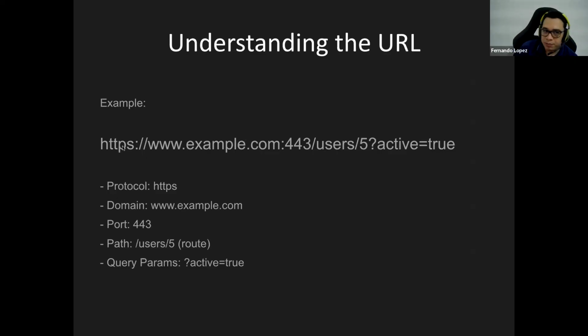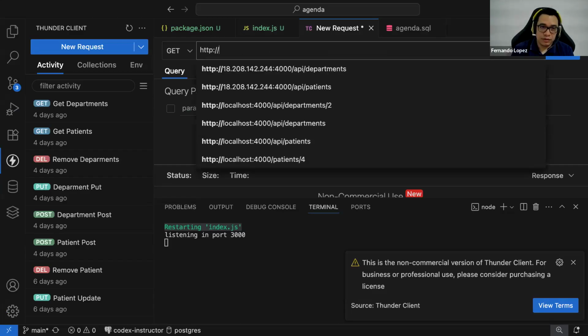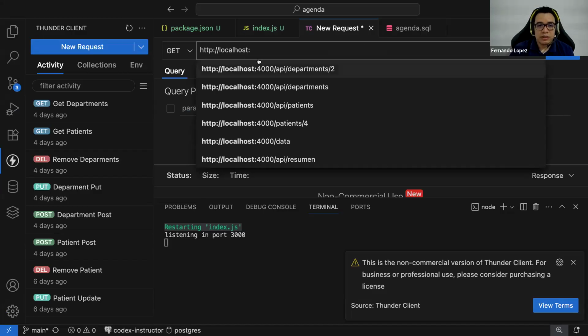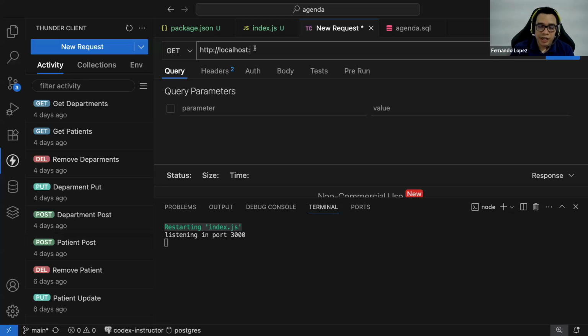In this case, the protocol is going to be HTTP because we don't have a certificate installed in my computer, and we don't have a domain for my computer, but I have an IP. The IP of my computer is equivalent to something called localhost. So if I am accessing localhost right now, this is accessing my IP, or in this case, the IP of the computer that you are logged in.